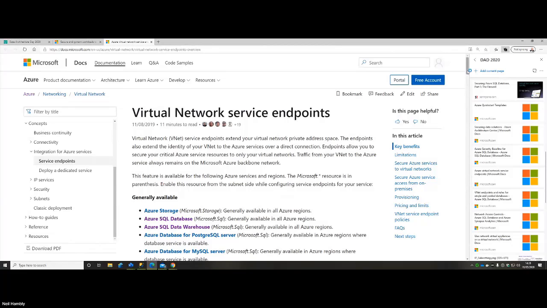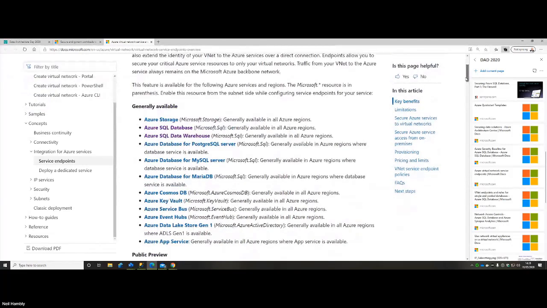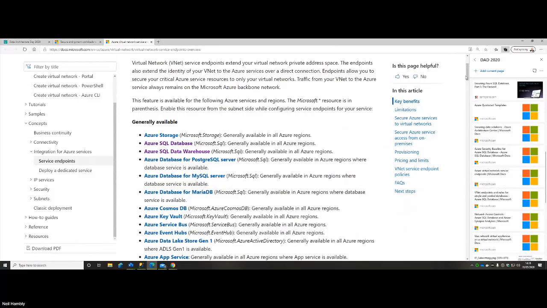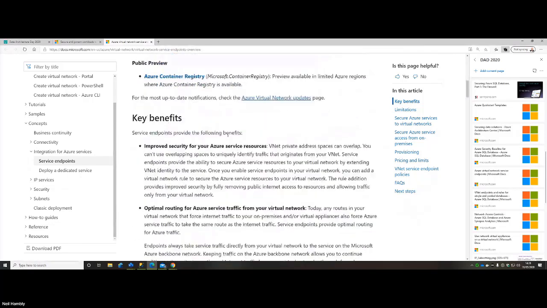And these virtual network endpoints are essentially a way of doing a direct connection to talk between different Azure services. So I'm going to go in and connect to my gateway. From my gateway, I'm going to talk to my SQL database or SQL data warehouse or storage, whatever it is. I've got these different ones available to me. Okay. So why are we doing these endpoints? What's the purpose of those?